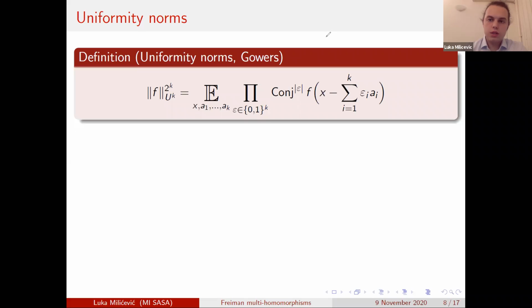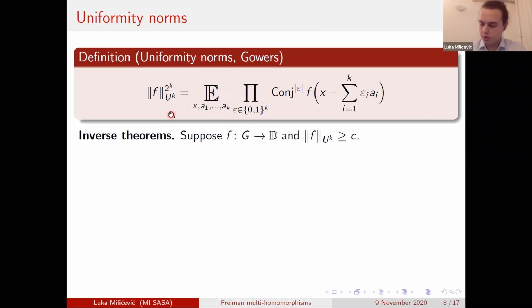All right, so what's the point of these norms? Well, if your function has, let's say, a small value of a uniformity norm of order,